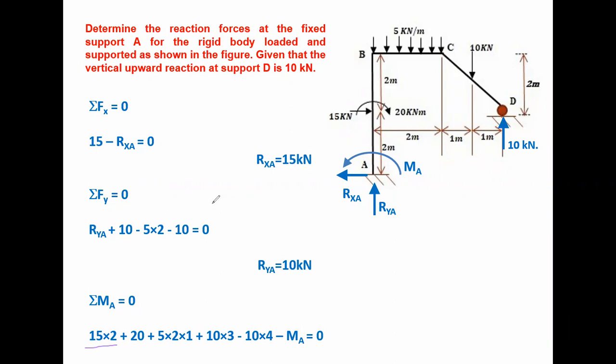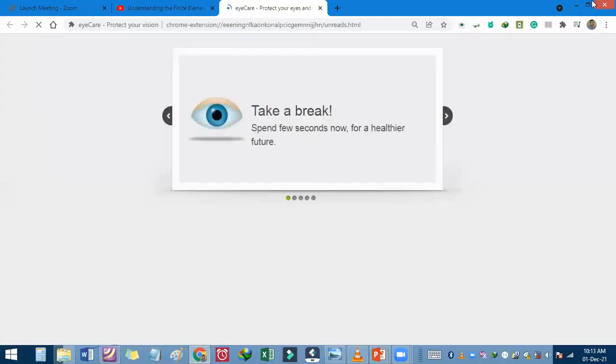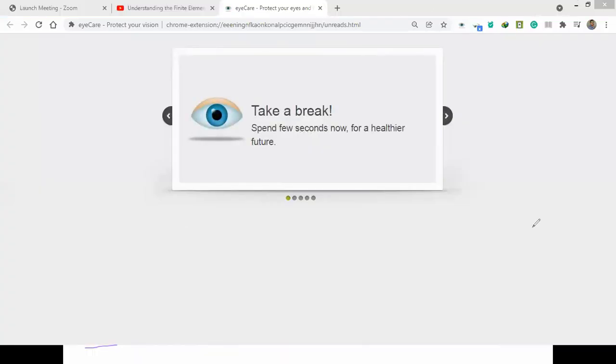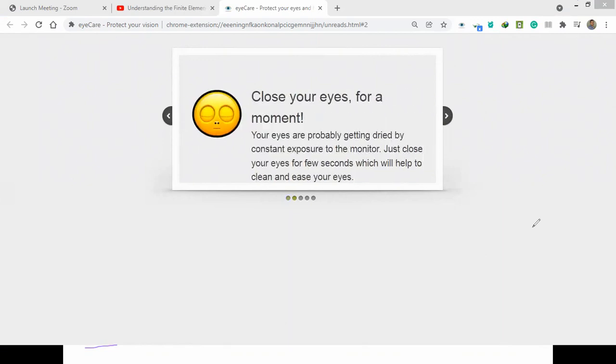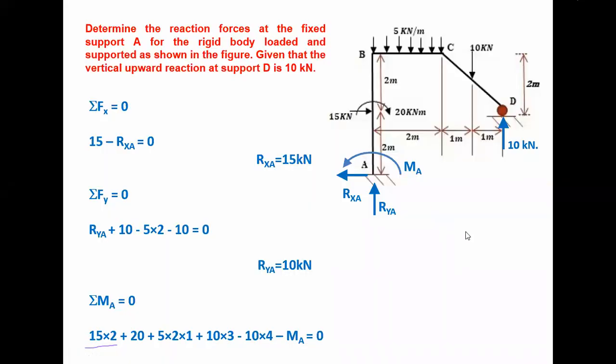Let's take clockwise as positive. Okay. So if you're taking clockwise as positive, then you can say that